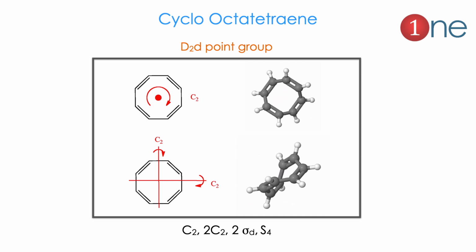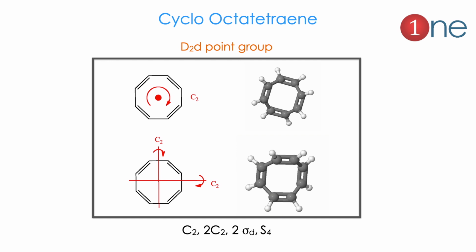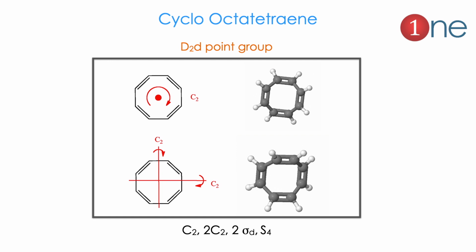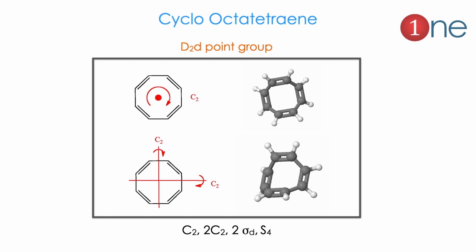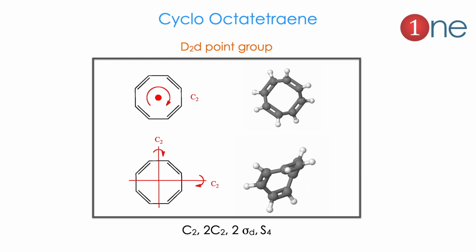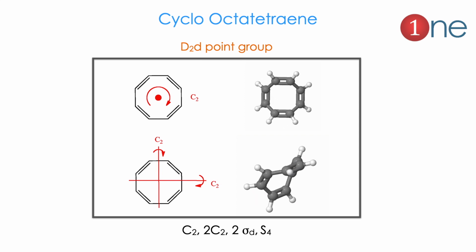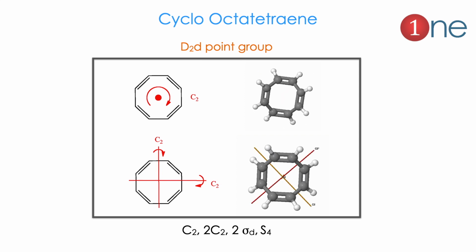The first molecule is cyclooctatetraene. The name itself suggests that it is an 8-member carbon ring. There will be 4 double bonds. This molecule is very difficult to understand on paper because it has a tub shape. So it has a C2 axis. You see the operation there, you have C2 symmetry.